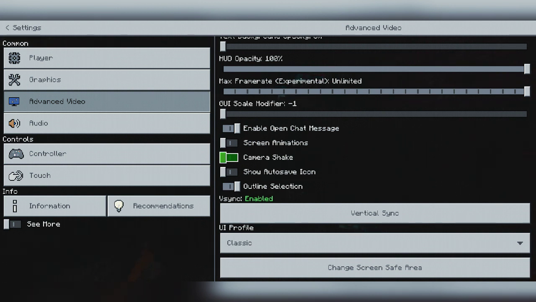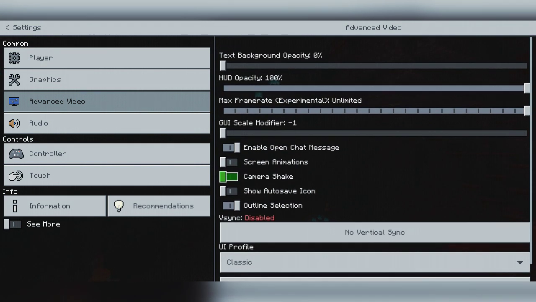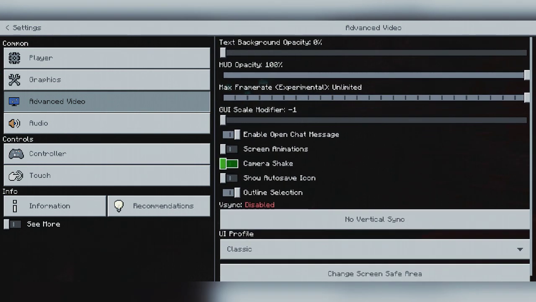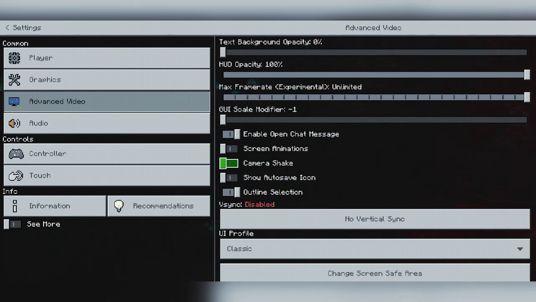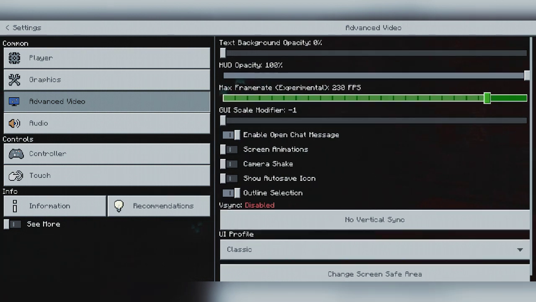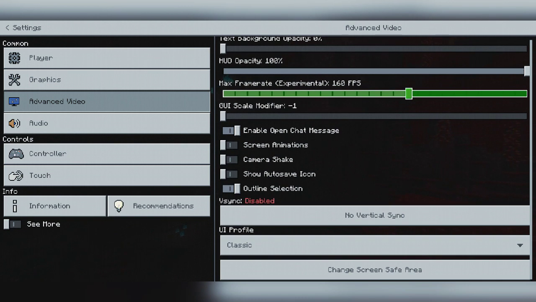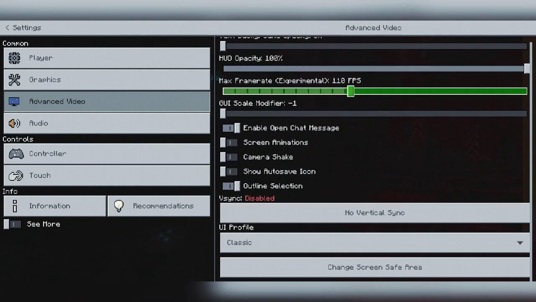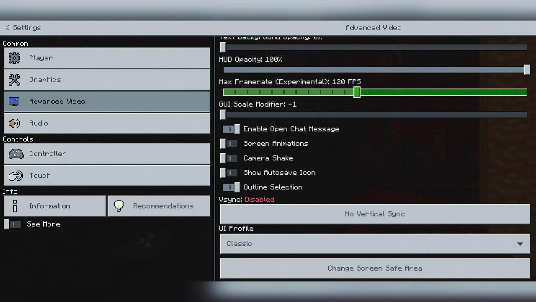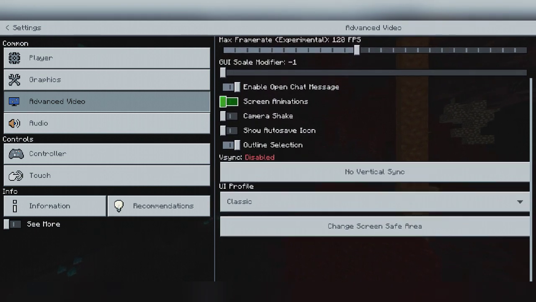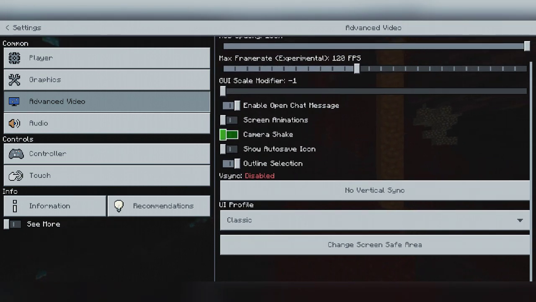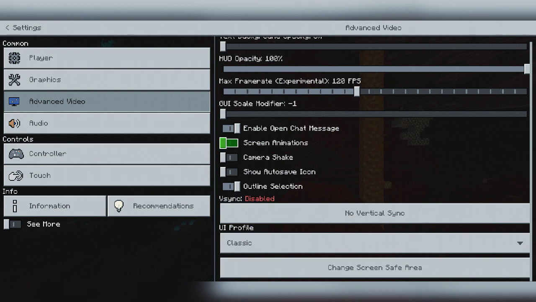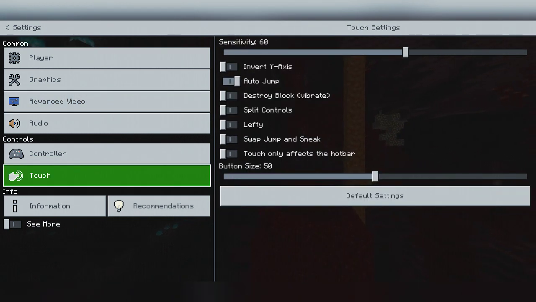You have to go back into your settings. After that, now here we have player name. We have already done all of that. Our work is in advanced video. So here we have VSync on, and this is a secret feature that does not show in your Minecraft. Minecraft has given it to Minecraft Pocket Edition, but we don't have the permission to turn it off. So you want to turn that off. You can get better FPS after this.